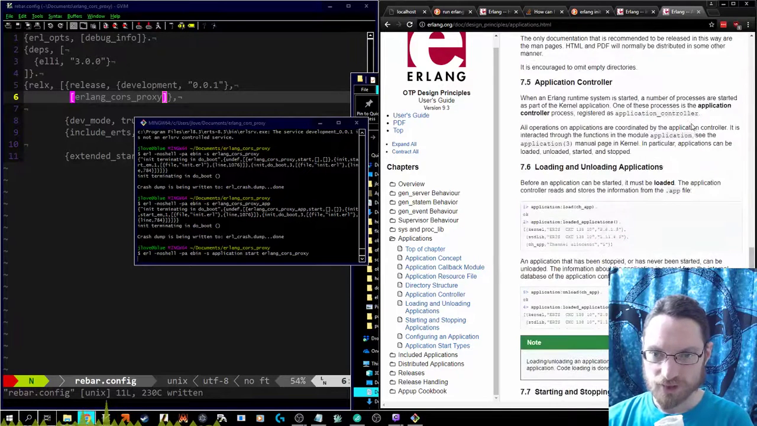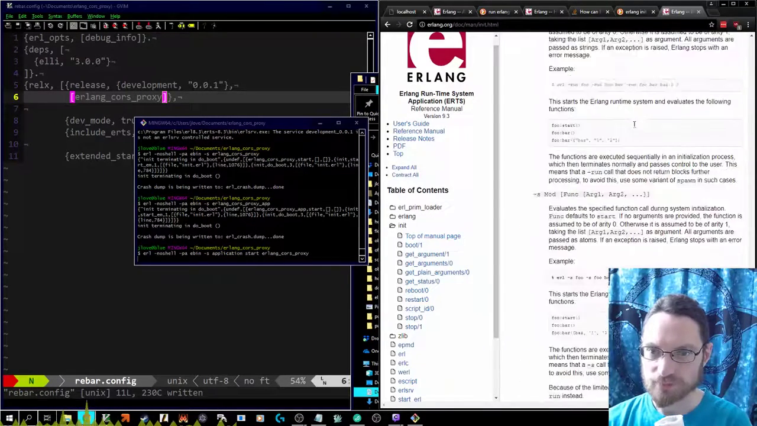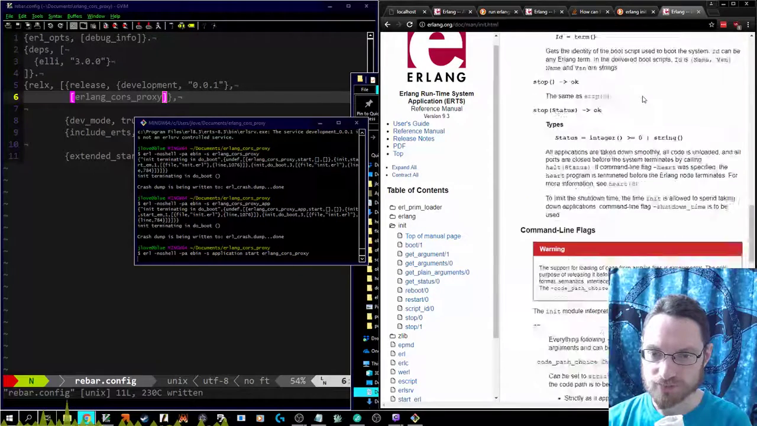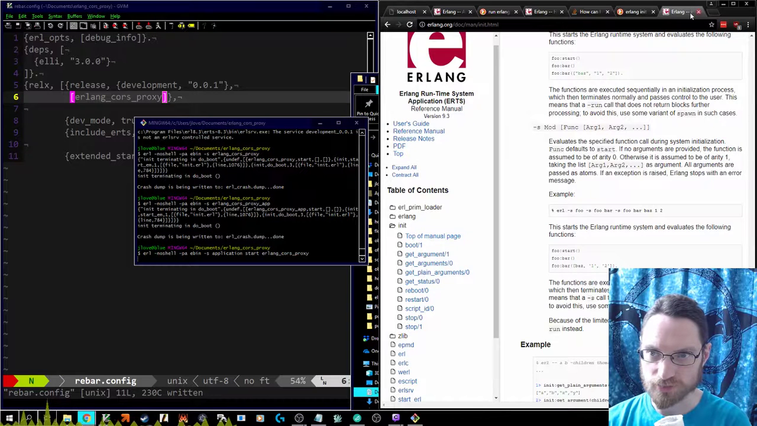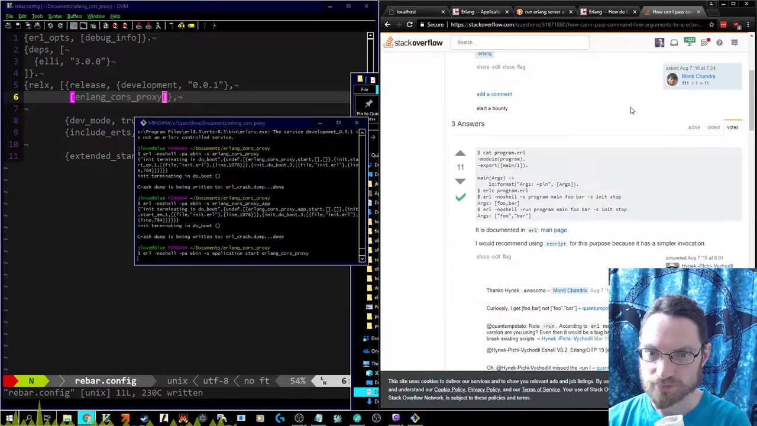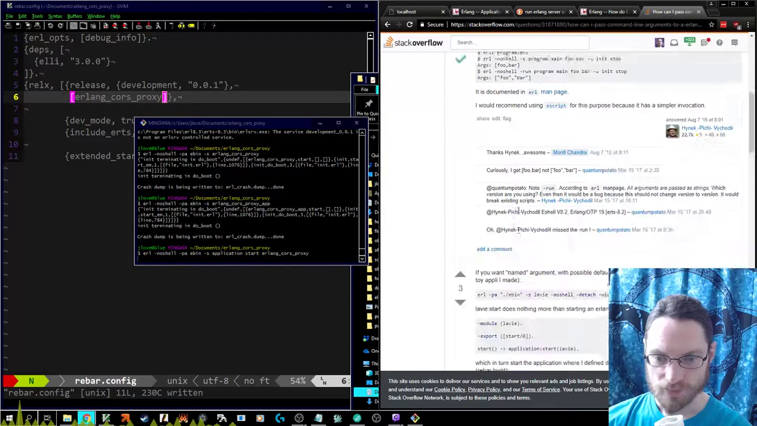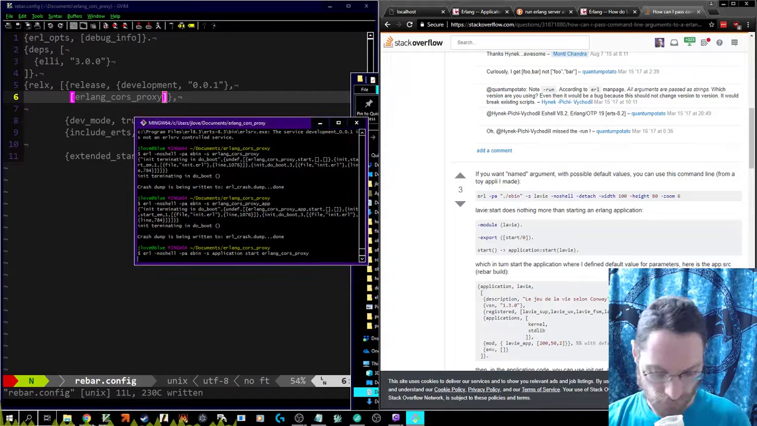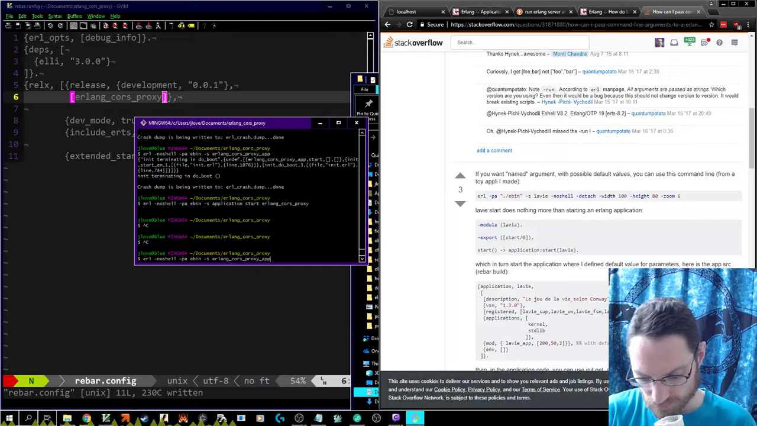All right, this is all the application stuff. That did tell me something sort of useful. This is init, which told me how to pass arguments to functions. It's arguments to functions. And I'm pretty sure when I just did start,